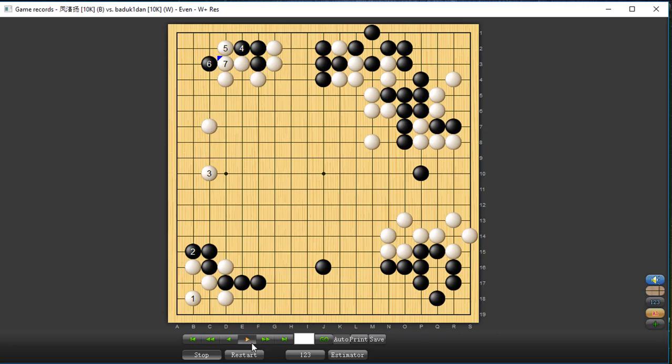find something else. So again, 1, 2, maybe even simply cut is okay, just to create some kind of aji here. Probably white will simply extend, and then even after this continuation, black still cannot live inside the corner, but